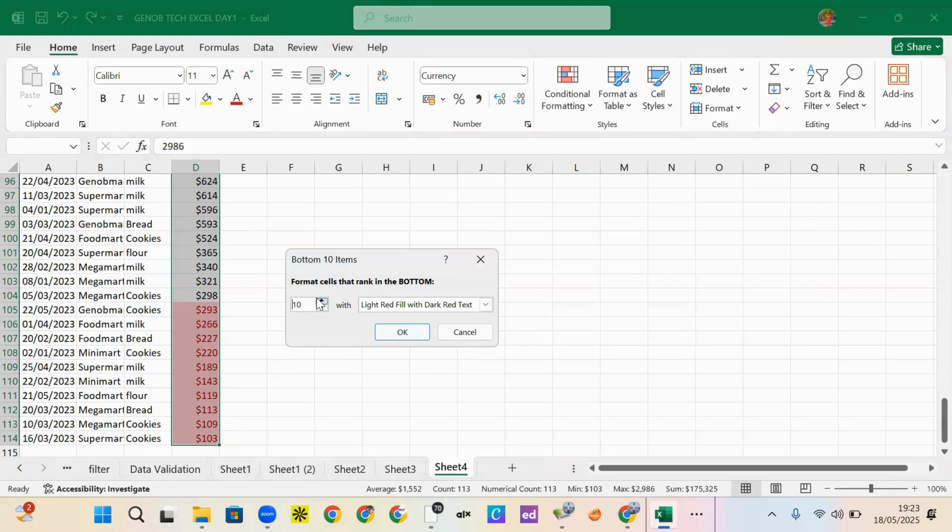So I can change this to 20. If I want to see the bottom 20, I can change it to 20, right? I can change the color. So let's leave it this way. Let's say the small prices should be highlighted, right? For instance, if I want to check something, maybe